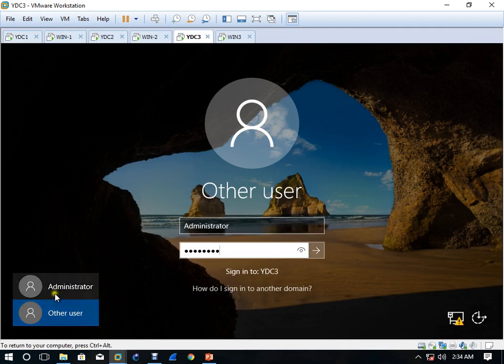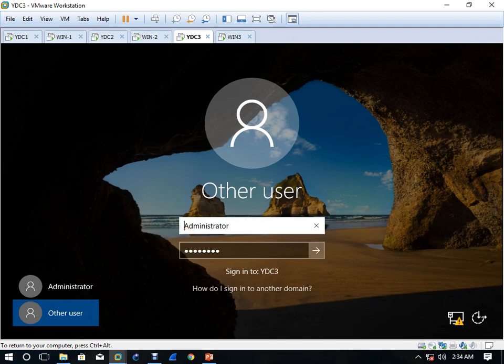So we are going to log in with the IIHT administrator. Write IIHT and then slash. So you must write it like so. You must log in with IIHT.